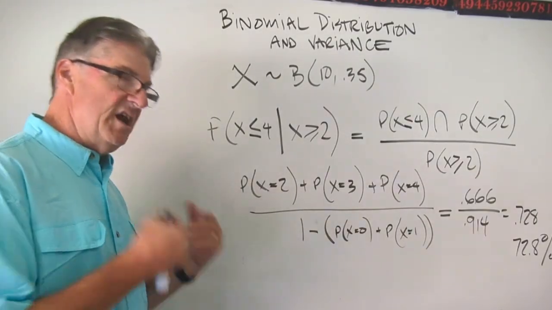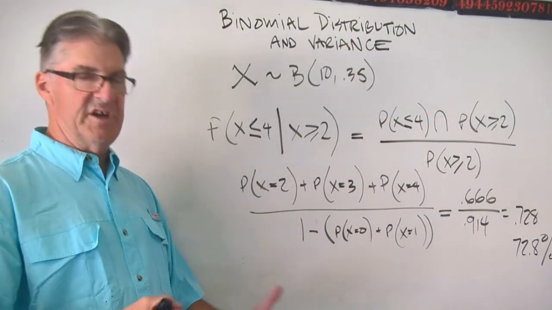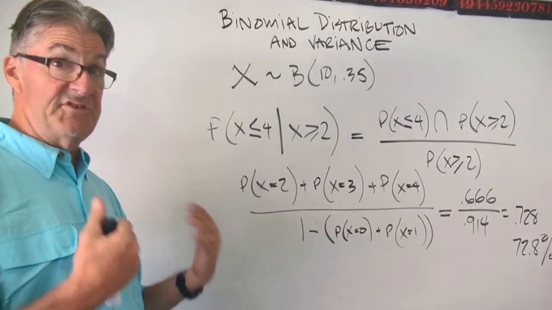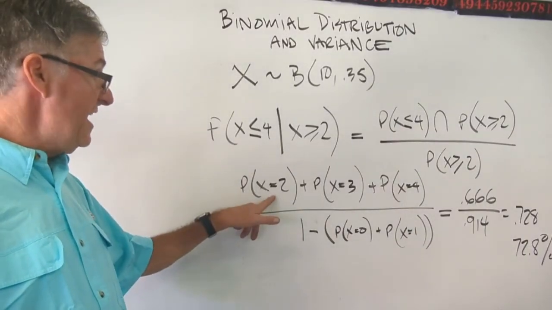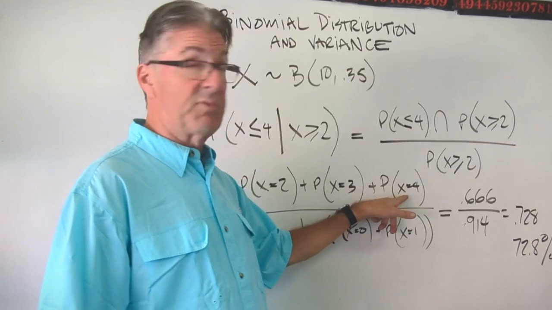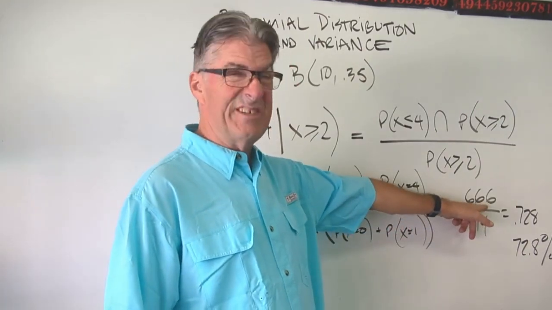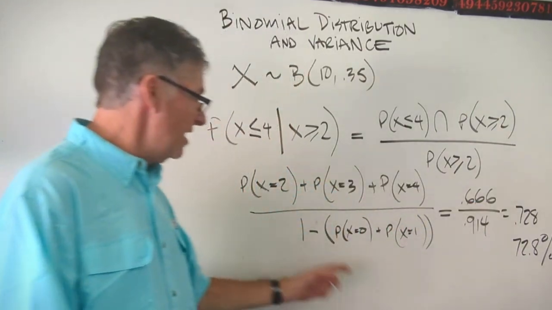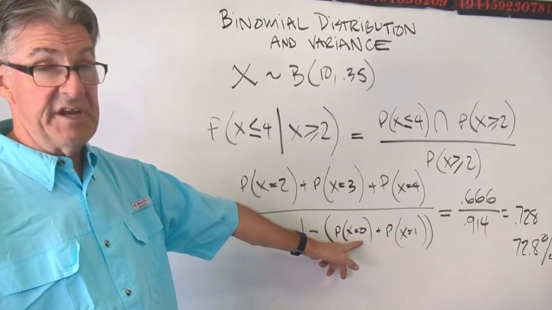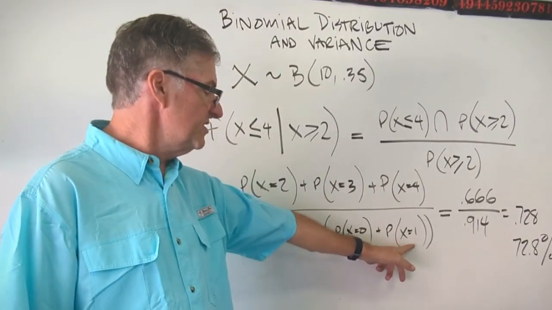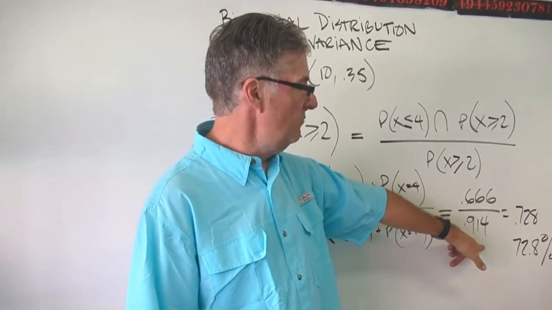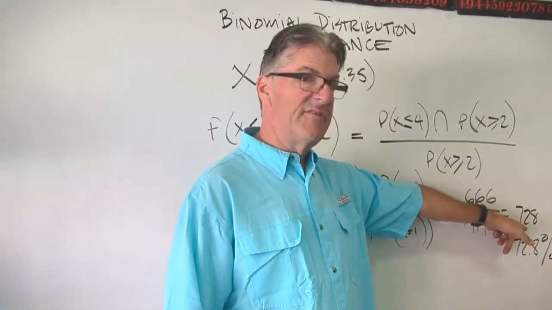Okay, I'm not going to fill the board up with all the combinatorics terms and all the calculation terms. I'm just going to give you the summary. So if you add the 2, 3, and 4 success probabilities together, you get 0.666 on top. And then on the bottom, if we subtract the probability of no success plus 1 success from 1, we get 0.914. Do my division, 0.728